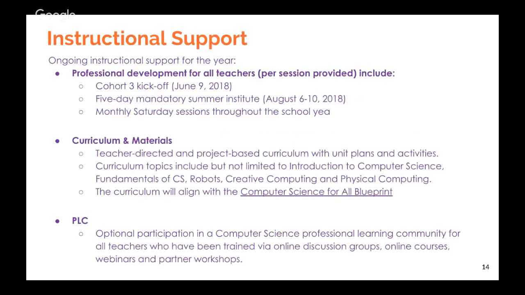So what are our instructional supports for the year? SEPjr is initially a 1-year implementation and professional development and support for a school, and then there is a second and third year component to it.